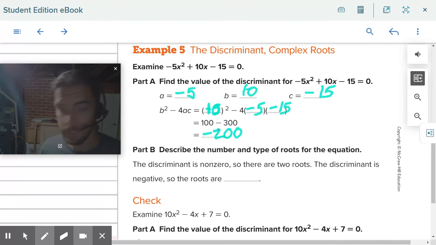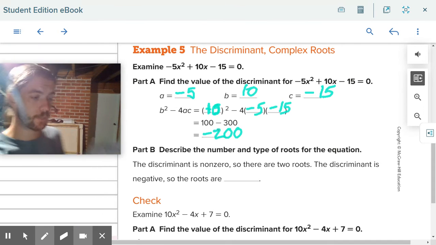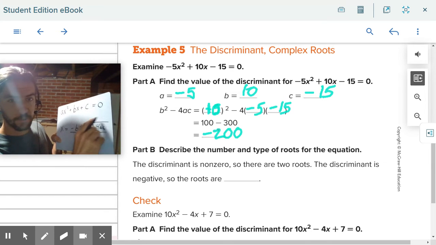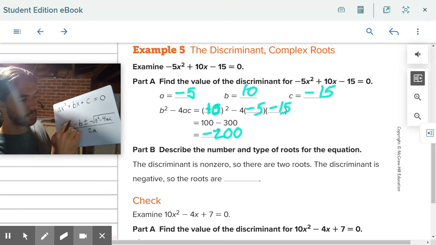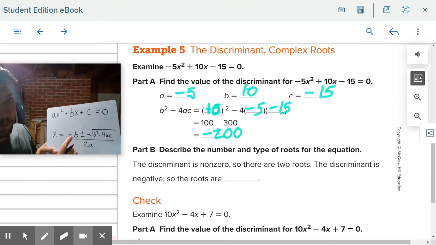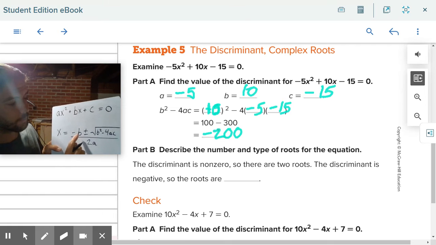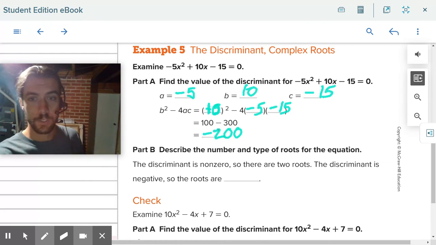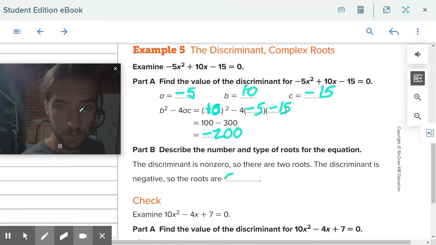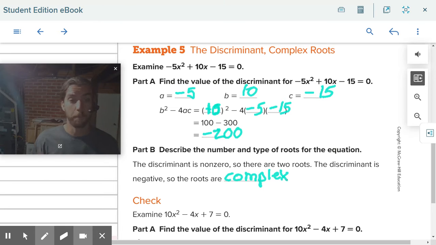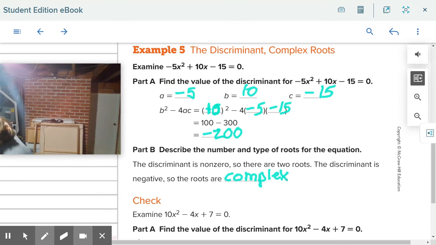Okay, if we have a discriminant that is negative 200, that means we are taking the square root of a negative number here. We're going to end up with an imaginary solution to that square root. We're going to end up with a complex solution overall because we are going to have our real part, that negative b is a real number, and then that real part with an imaginary part gives us what we call a complex number, as you should recall from our previous lesson last week. Okay, so with the discriminant being non-zero, there are two roots, but since that discriminant is negative, they are complex